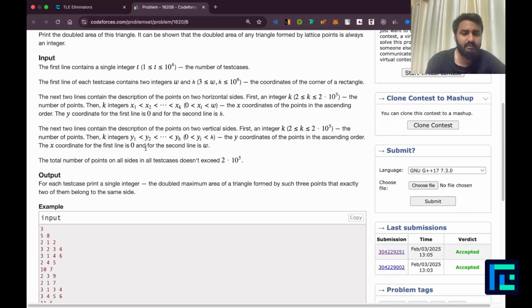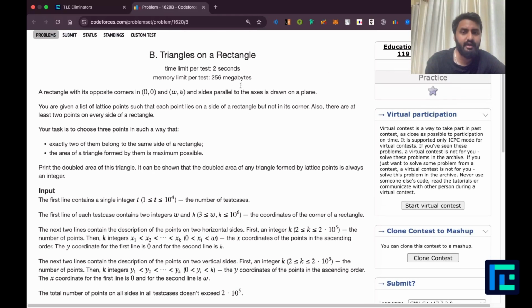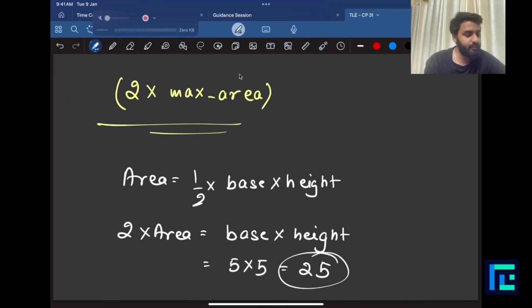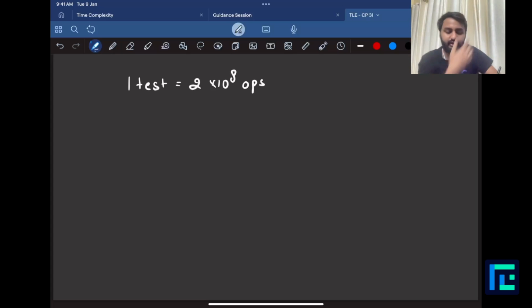Although we don't need to bother with that, because we have been told that the number of points on all the sides, for all test cases overall, does not exceed 2 into 10 raised to 5 order, which means I can compare with this factor, 2 into 10 raised to 5 order, with 2 seconds. That would roughly give me something like this. One test basically allows me 2 into 10 raised to 8 operations,